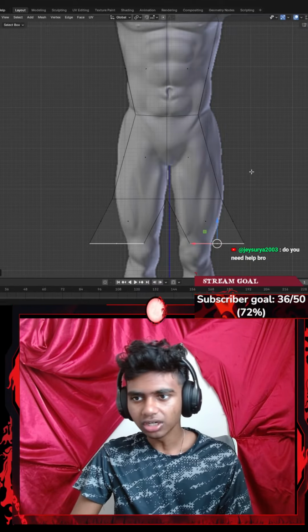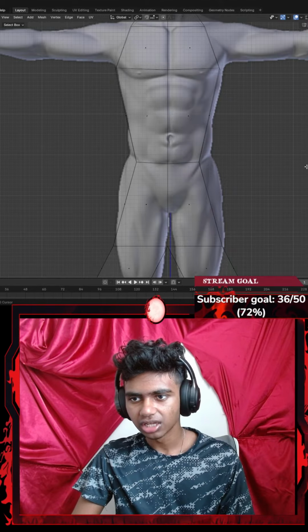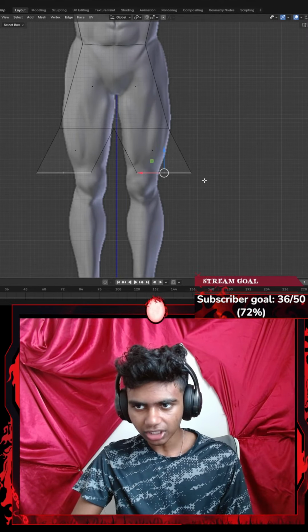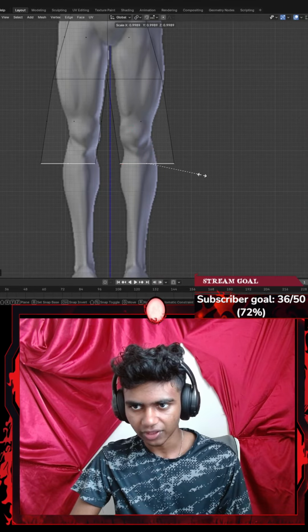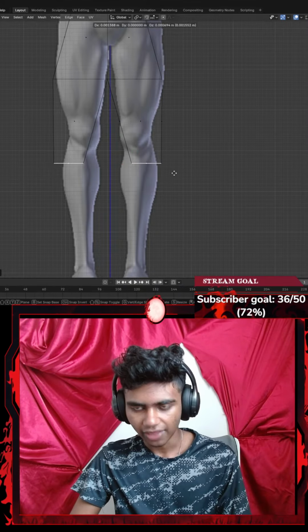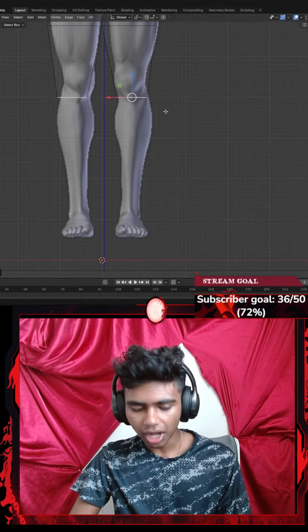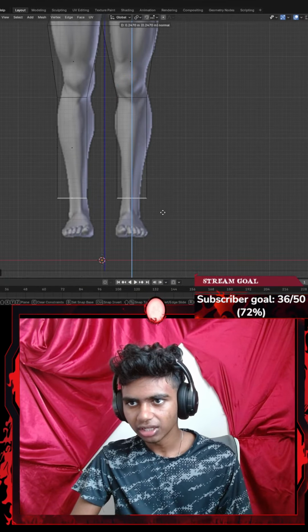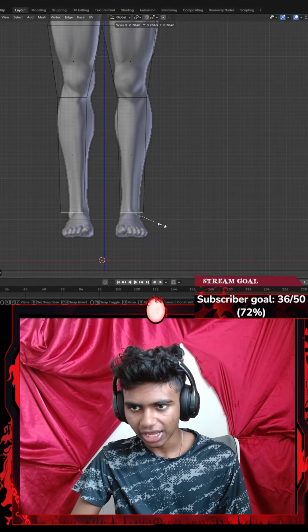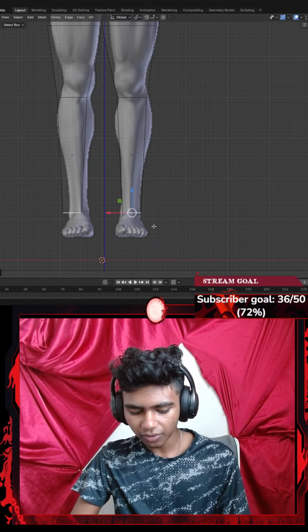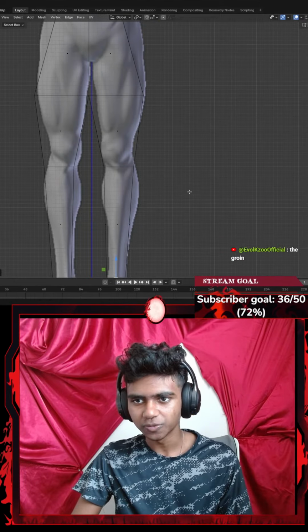Okay, make the bulge bigger. This bulge right here, or the chest area. I think it's this. I could actually try that. Before that, I'm gonna go with Control Z. There we go. I'm gonna hit G to get this a bit here. Let's hit S to scale it a little lower, and then I'm gonna click G to get that here. There we go. I think that looks good. Now I'm gonna hit E to extrude again, and that's pretty much it. I'm gonna go all the way to my ankles, hit S to scale it. All the way there. I think that's good. There. Okay, perfect. And then I could add the tiny adjustments later on as well.